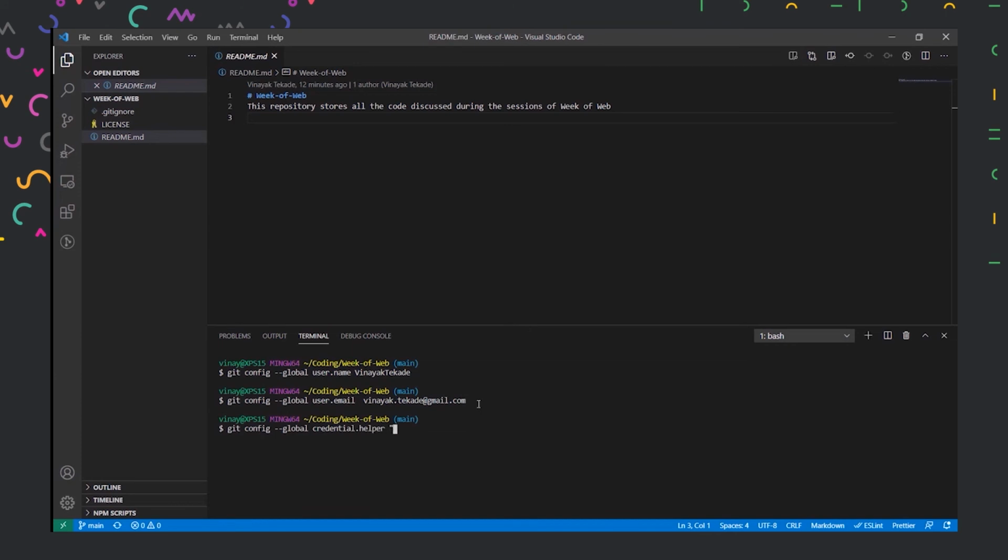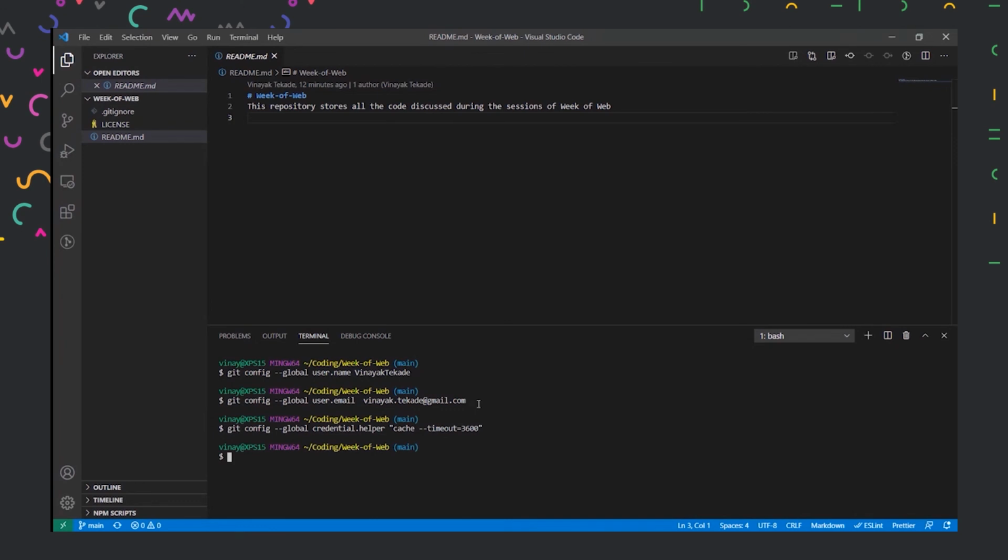Then I need to define what method to use, whether you are storing the password or caching it, or you can directly just mention it here. But if anyone opens your config file, then they will get to know your password. So instead, we'll be using the best method, that is the caching method. Cache, and then we give it a property of timeout, which is equal to 3600 seconds. And when I click enter, this also will be stored.